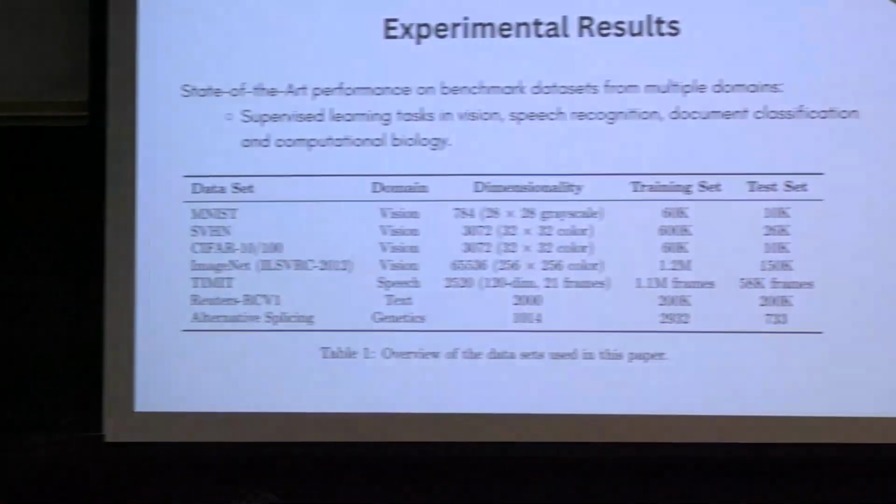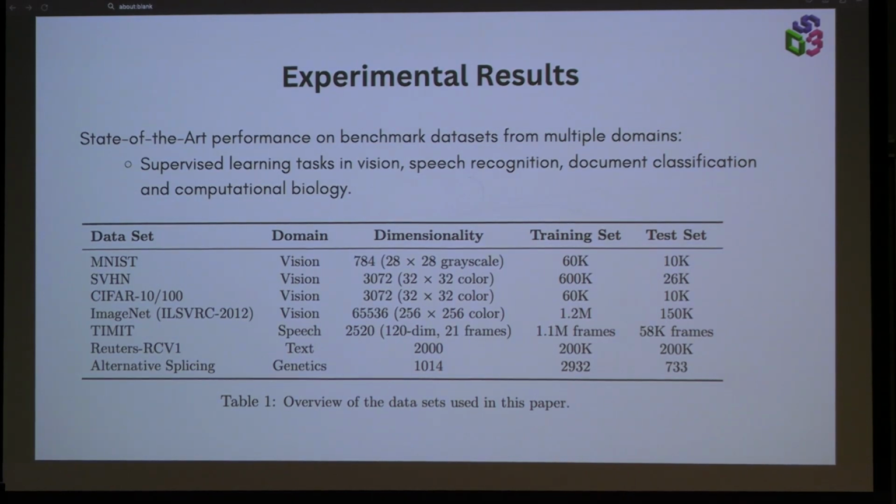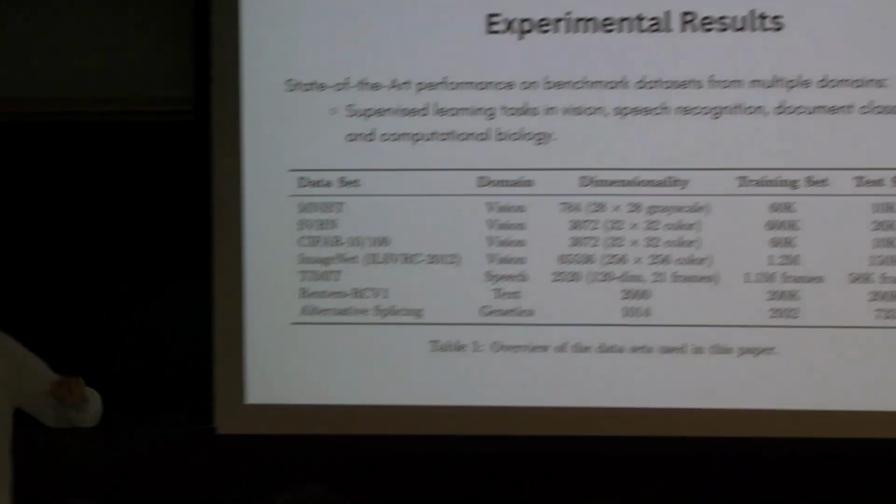Okay, great. So what did they actually find? They found that applying the dropout technique achieves state-of-the-art performance on benchmark data sets from many, many different domains: computer vision, gene splicing, image detection, speech recognition, right? We're not going to look at all of them, but we are going to look at a few of them that are a little bit more descriptive, right? So we'll be looking at MNIST and ImageNet, but I'll briefly talk about the others as well.